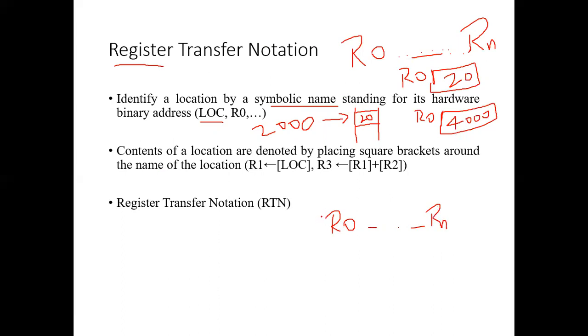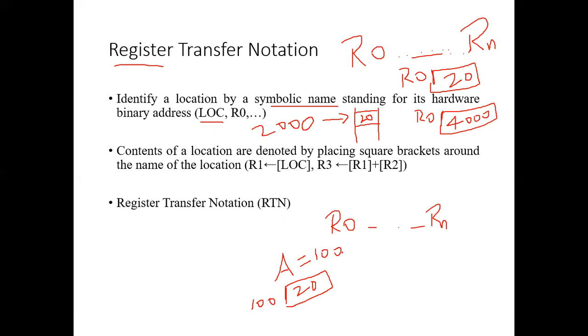Anything other than that, we will treat as a symbolic name, and that refers to a memory location. Whenever you refer to R0 to Rn, it refers to the actual value stored in this register. But when you say A, A refers to the memory location. It is not some value. So if A is storing 100, then it refers to memory location 100, and the value stored in location 100 is what it refers to.